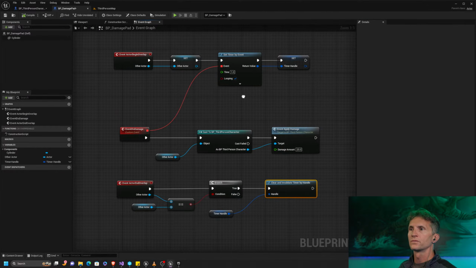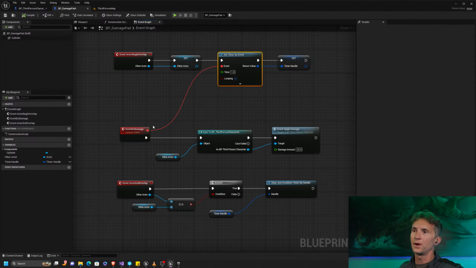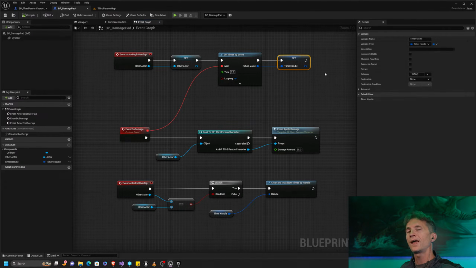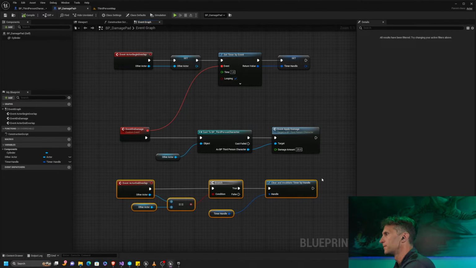Okay, so one of the things that happens when you're working with bound events and dispatchers is sometimes you need to make sure that you're thinking a little bit beyond just triggering that event. There may be other knock-on effects. For example, your character might still be getting damaged even though they've left the area. So in this case, not only have we bound this event to do damage, we've also stored a handle to the thing that's calling it so that we can destroy it later. Okay. So that's our first bound event. And we've also created, very simply, a health system so far